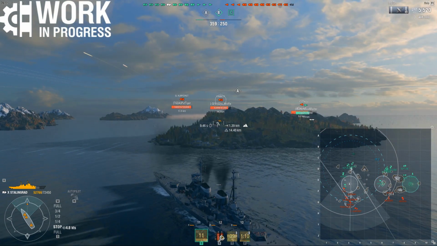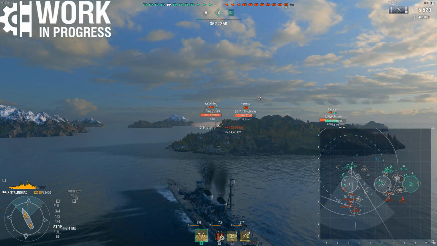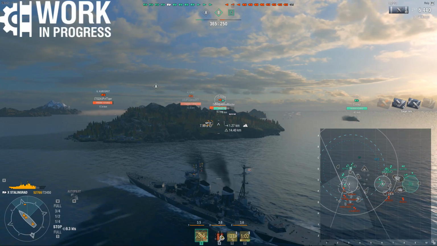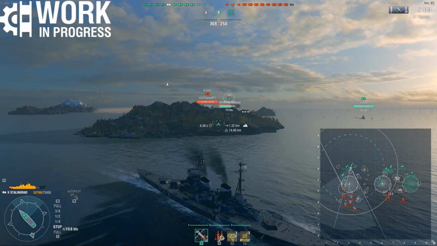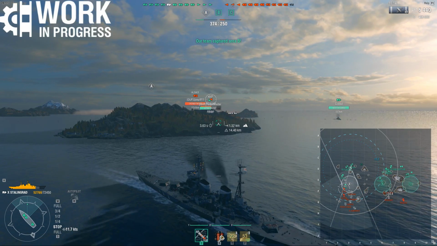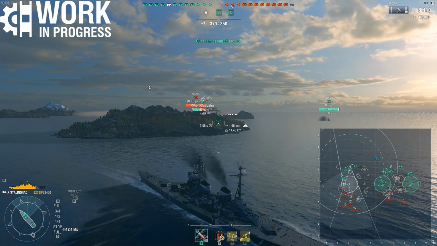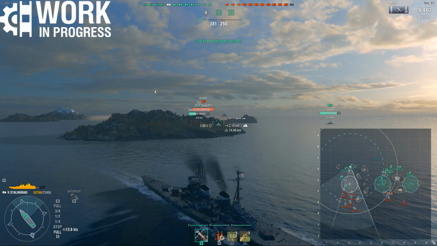All this size and armor does come at a price though, a pretty steep price in fact. The concealment on this ship is awful, absolutely terrible. With a full stealth build, with full stealth captain, module, camo, everything, you can only get your concealment down to 14.4 kilometers. And even the plane detection is 10.9 kilometers, which is pretty much